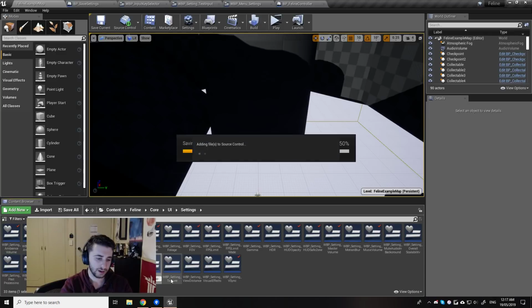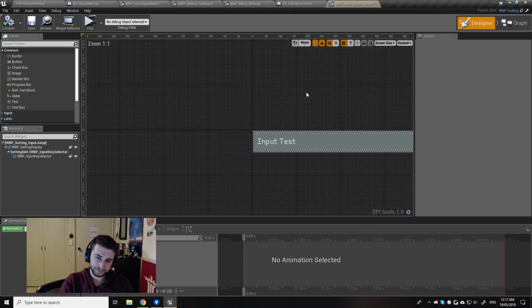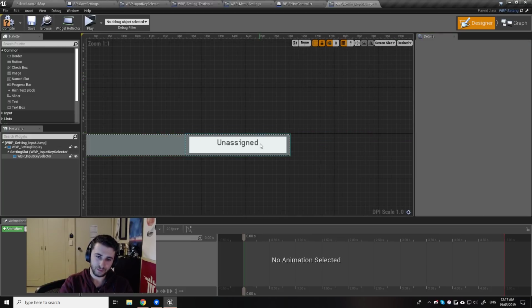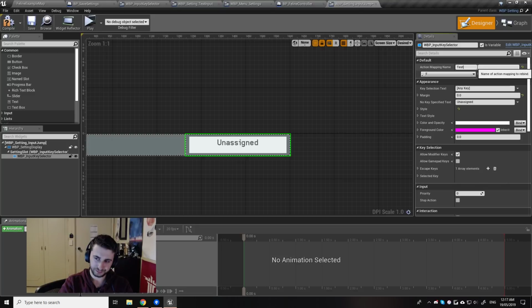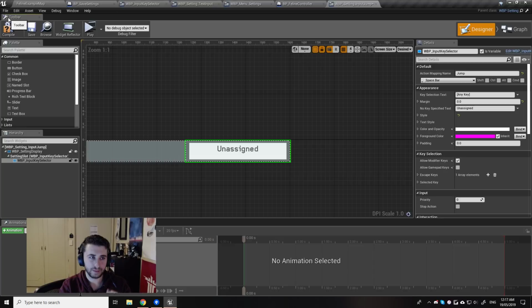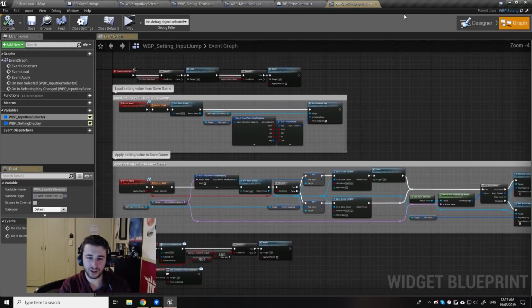input jump. And let's open it. We'll give it a new label. We'll call this jump. And we might be able to give it a default. Oh wait, no, what do I want to call it? Mapping name is jump, and then we'll call it space bar. Cool. Alright. Now, it's not going to do anything yet, but if we go into the graph, we only